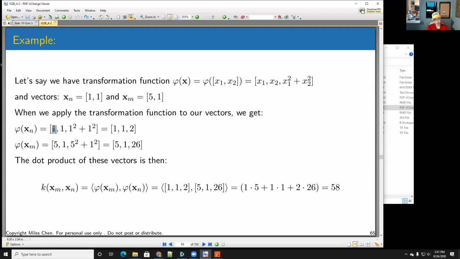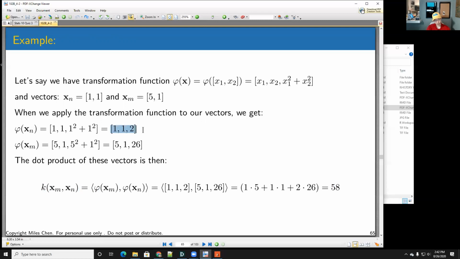When I apply it to the vector 5, 1, it returns 5, 1, and 5 squared plus 1 squared: 5, 1, and 26. And therefore the kernel function will return the value 58